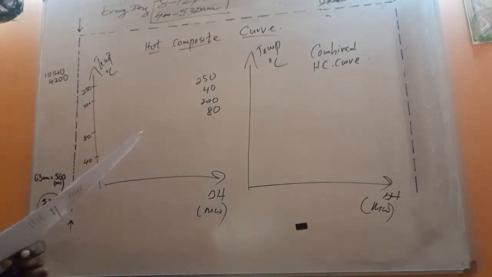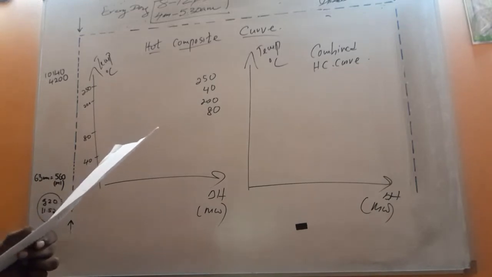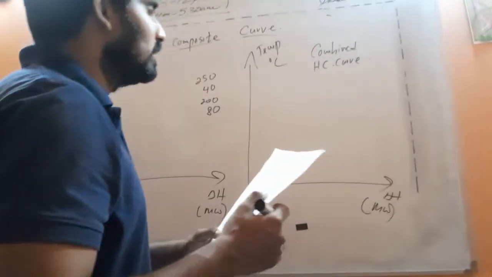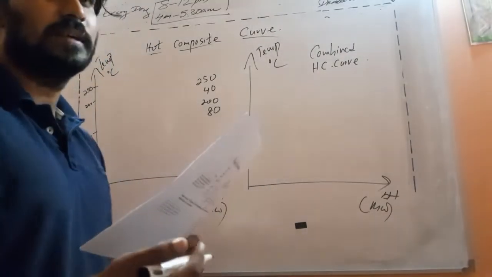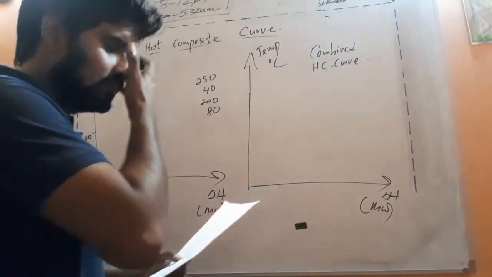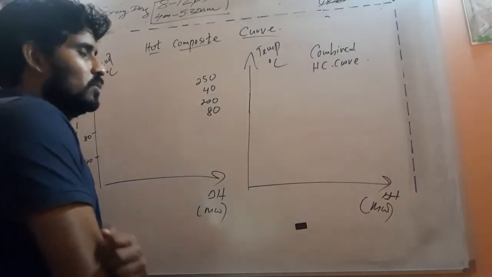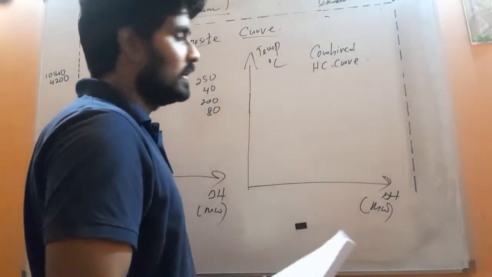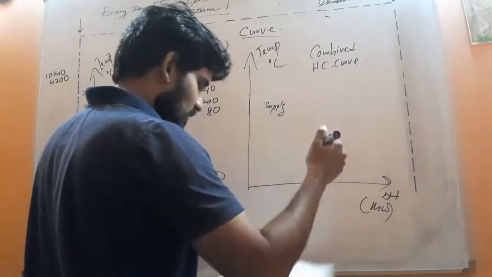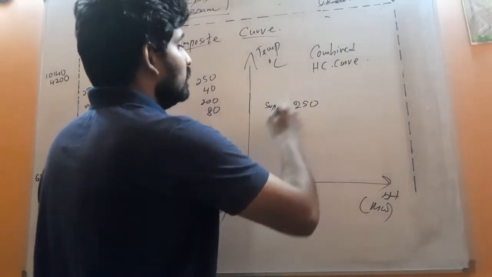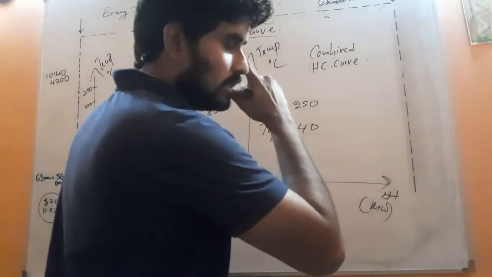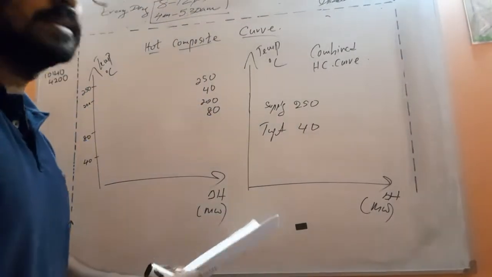And now the next thing is delta H. In the problem they have already mentioned the value of delta H, but the question is, what is the sign of delta H? Okay, so now the next thing is how to consider the sign of delta H, right? Okay, let's see that. Usually, if you are going to consider a hot profile, the supply temperature is higher. Let's say the supply temperature is 250 and the target temperature is 40, right? So that is how we determine a hot temperature profile.